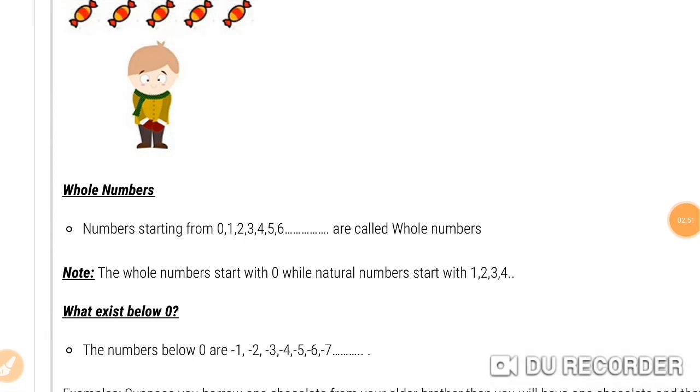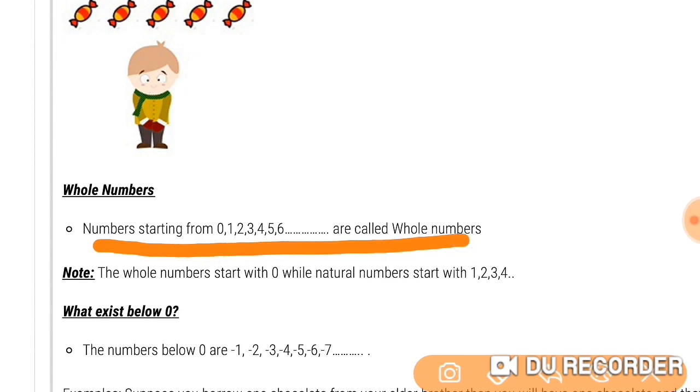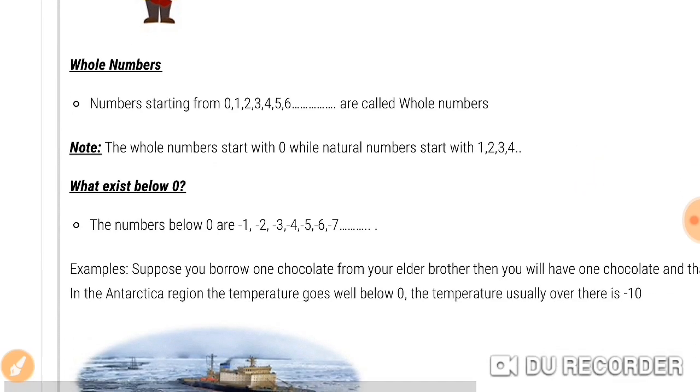As we have all studied, natural numbers begin with 1, 2 and so on. Then 0, as it is a number that exists before them, is included in the whole numbers. We have given the name natural numbers, and with 0 they are called whole numbers. So it is numbers starting from 0, 1, 2, 3, 4, 5, 6 and so on. These are called whole numbers. Once again we can define: natural numbers and 0 together are called whole numbers.